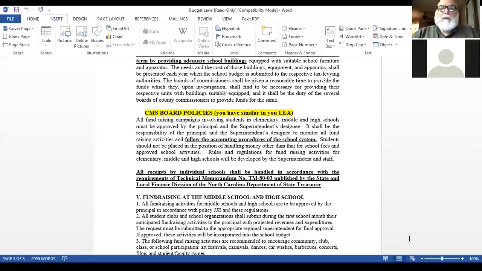The superintendent or designee will monitor all fundraising activities, and you still have to follow the same accounting procedures of the school system. Students should not be placed in a position of handling money. Now, I read a lot in discussion board about, well, our principal lets the PTO or PTA handle all of our fundraising. That way we don't have to worry about it. That gives me pause. I'm concerned about that